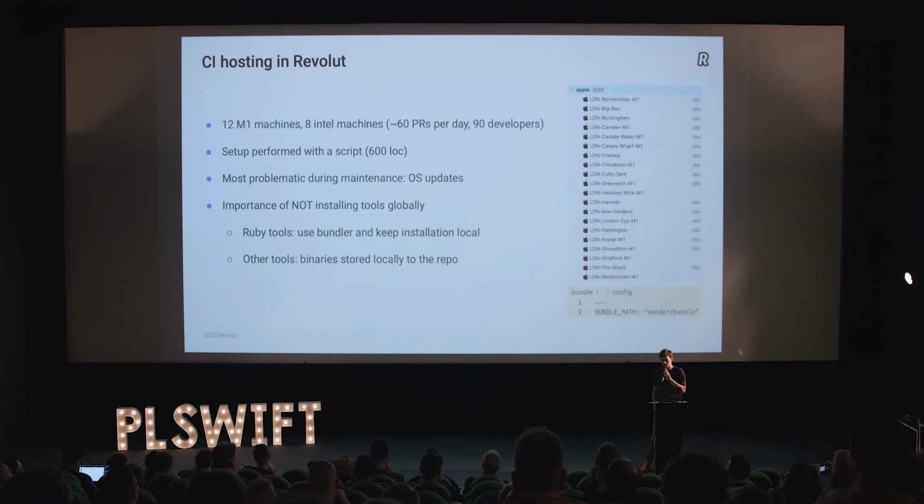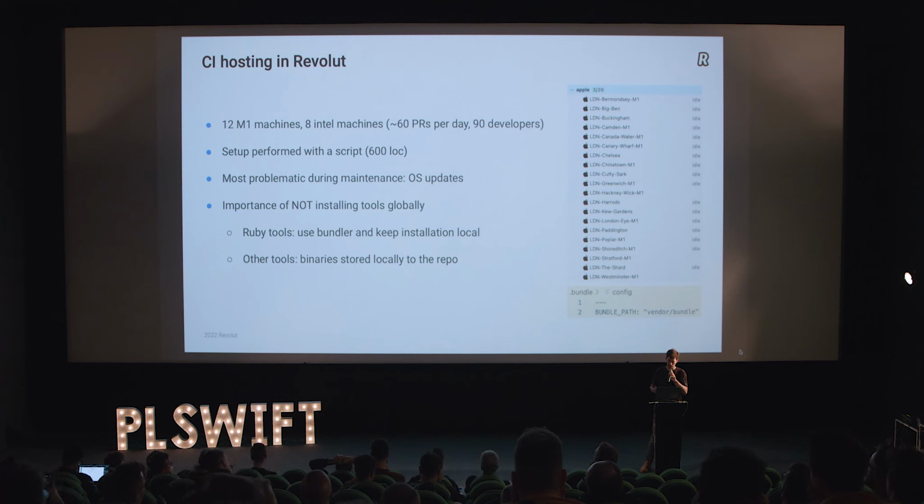The way we set up these machines is pretty rudimentary. It's just a bash script, and this bash script is basically cleaning up cache, installing whatever tools we need on the devices. The idea is that you run this script, and the machine is in a known state after that. So if we have some machines misbehaving, we just run the script. That's it. Problem solved. That's the idea. It will also take care of updating Xcode, installing Xcode, all this kind of stuff.